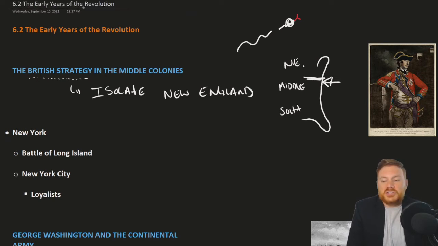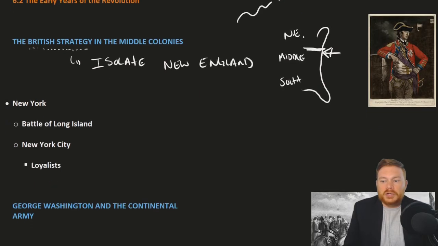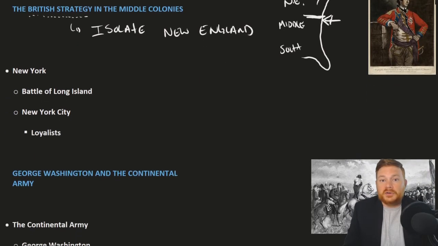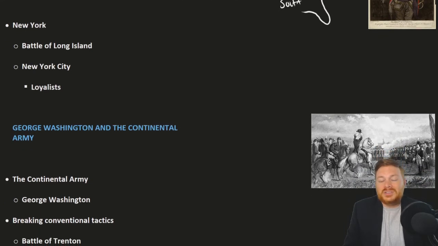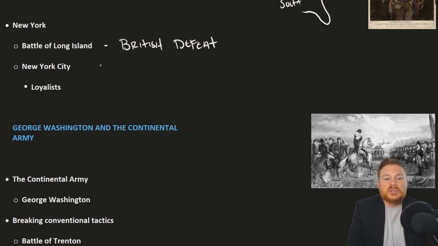So some of the first British attacks occurred in New York, which was right there in the middle colonies, but also a very populated area. And initially, the British found a lot of success. The war did not go well for the American side very early on. The Battle of Long Island was a British victory. In many of these battles, including General Washington on the Continental side, armies were fighting face to face with one another, and the Continental side was losing. New York City was captured by the British,